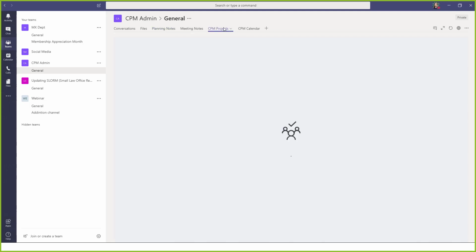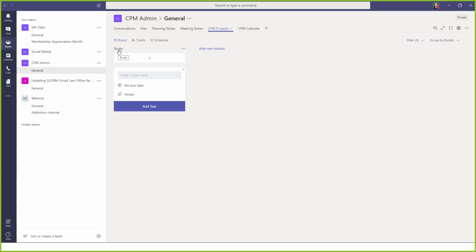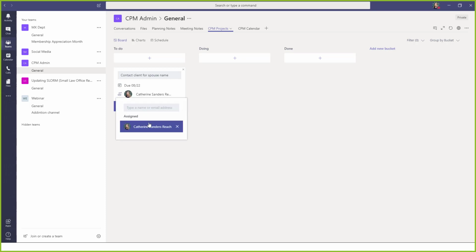The projects are cool because basically, if you've done any work with Kanban, the basic premise is you've got different boards, and the basic boards are to do, doing, and then done. And then within each one of these, if we were working on an estate plan, and we realize somebody needs to contact the client for the spouse's name, we can set the due date as tomorrow. We can assign this to anybody who's in this group. So I'll assign it to myself. And then you can actually click on this,